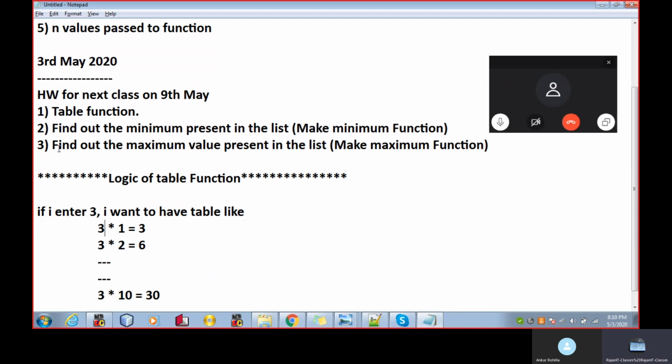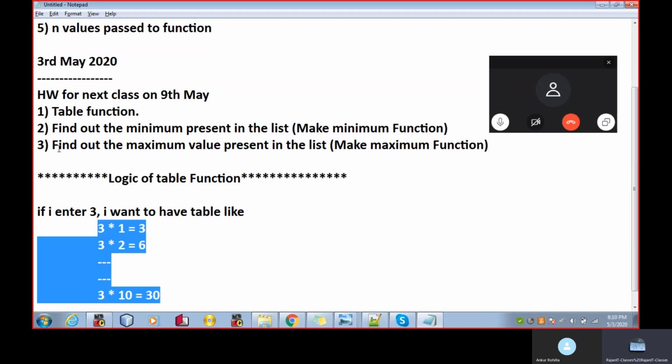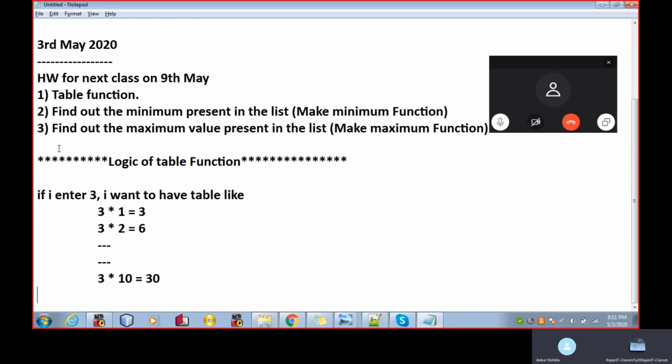It means I want to perform this multiplication how many times? 10 times. So I need to perform the multiplication task 10 times. If we know in advance how many times we are going to perform an activity, then we'll always go with a for loop, right?